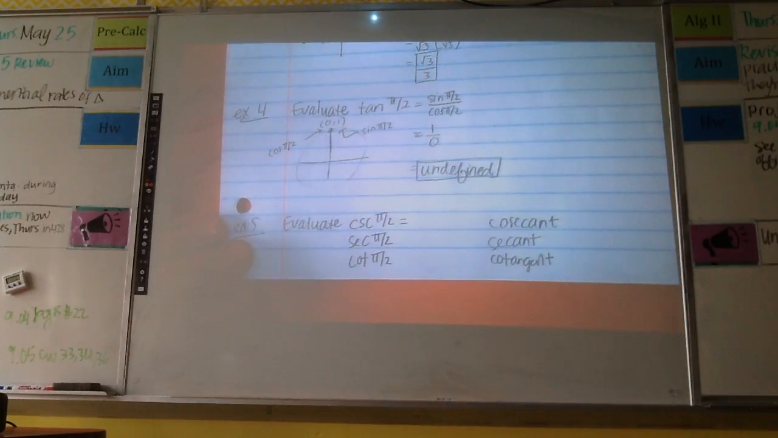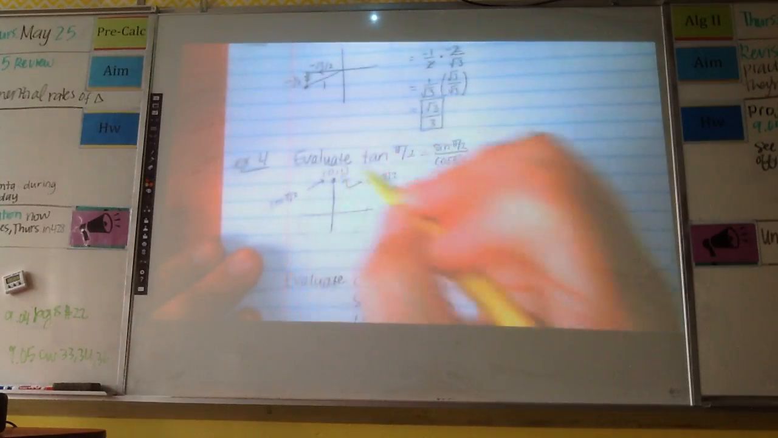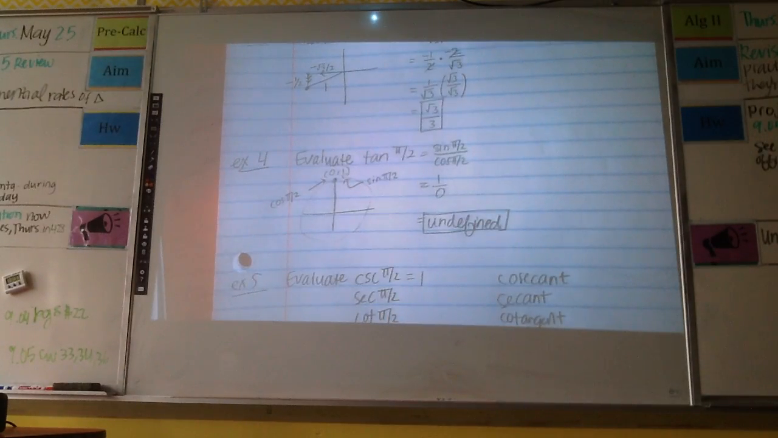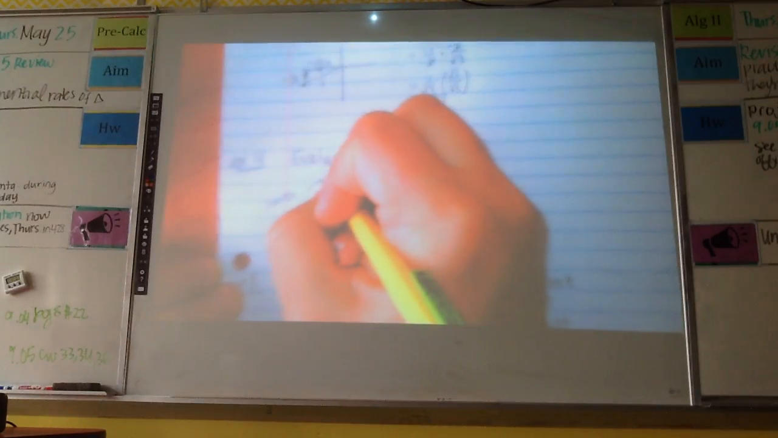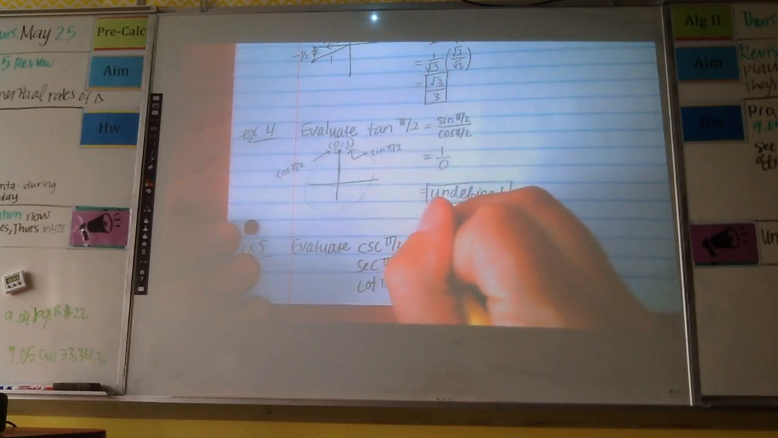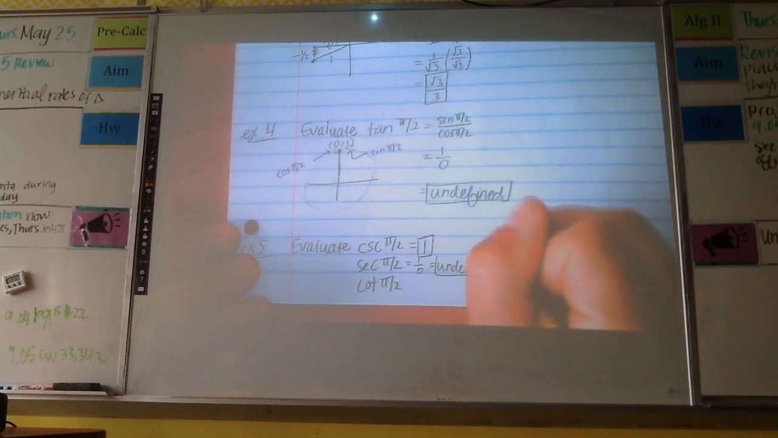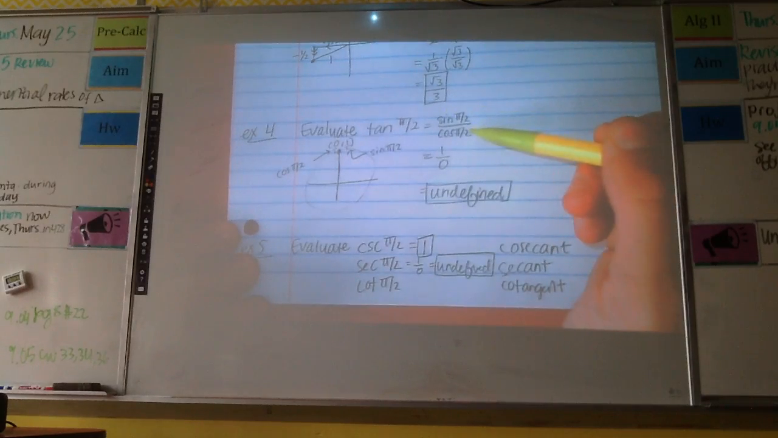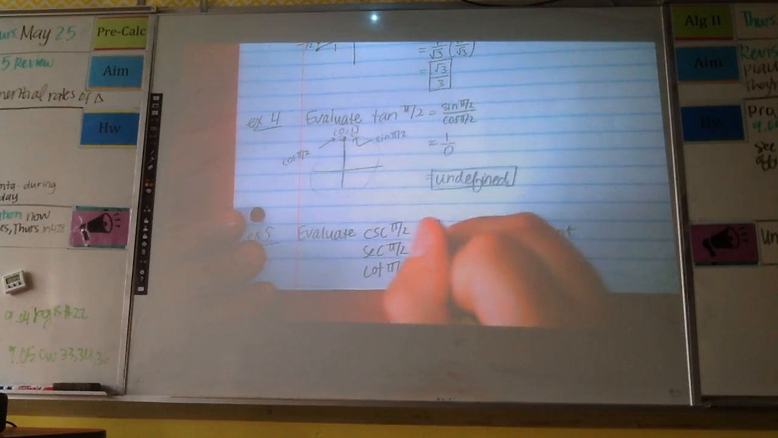So cosecant. Well, sine of pi over 2 is 1. 1 is the same as 1 over 1. When you flip 1 over 1 around, you still get 1 over 1, which is 1. Secant. Well, cosine of pi over 2 is 0. 0 is the same thing as 0 over 1. When I flip 0 over 1, I get 1 over 0, which is undefined. Cotangent would be the reciprocal of tangent. Well, tangent was sine over cosine, which is 1 over 0. If I flip 1 over 0 around, I get 0 over 1, which is